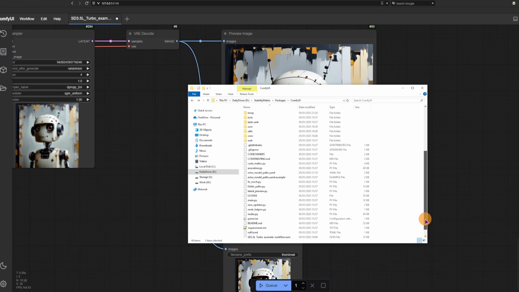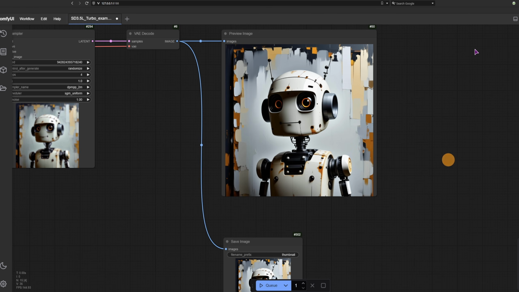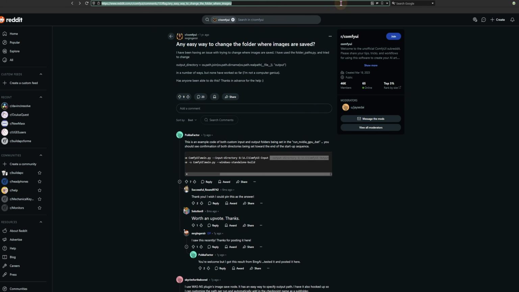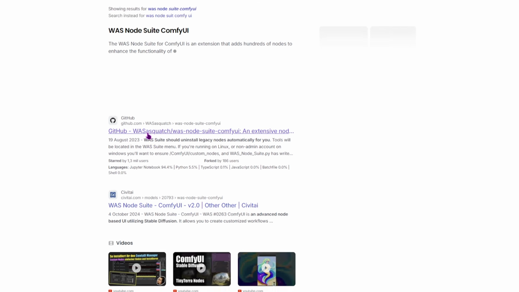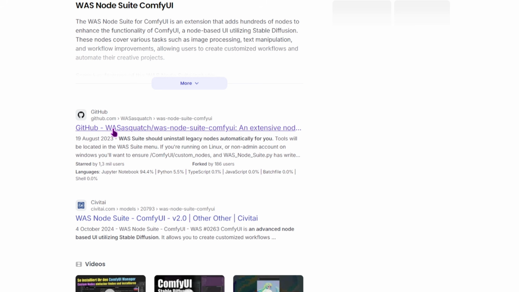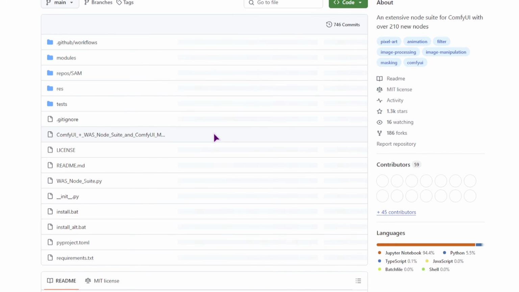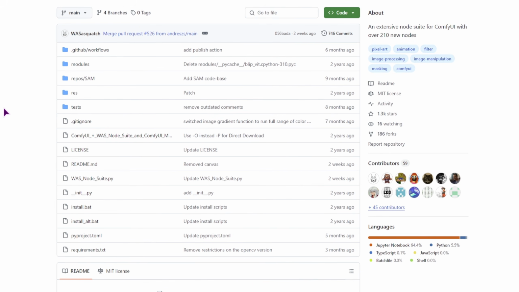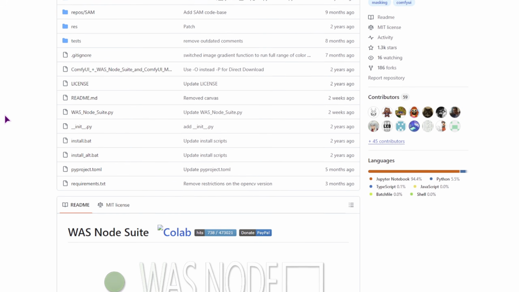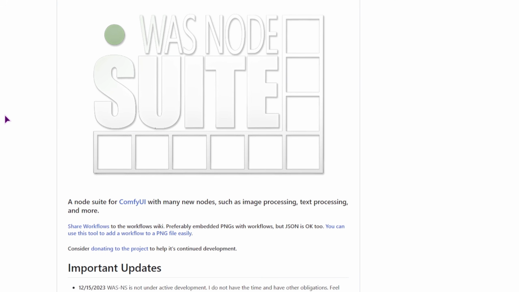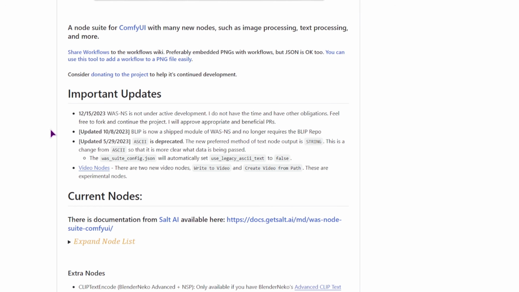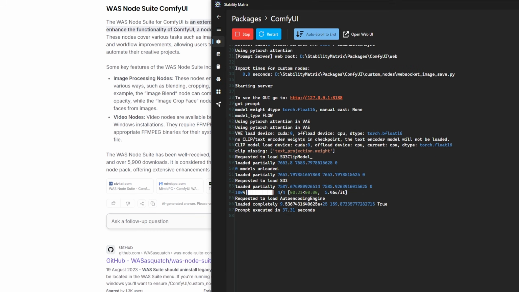I did find some plugin if that is what you want. It's not supported anymore though. I think this one's it. Yeah, so was Sasquatch, was no suit ComfyUI. Now this plugin has a bunch more utility than just specifying and changing the path output. And also, as you can see, it has not been updated. And also, while you make images, if you open up this ComfyUI panel, you will also see the progress of